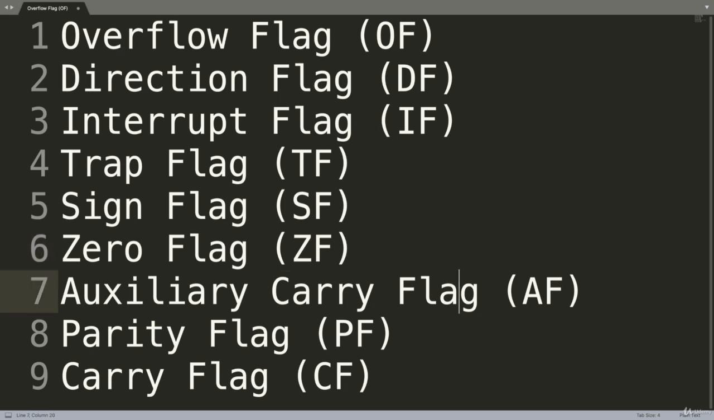Next, we have the auxiliary carry flag, and this essentially contains the carry from bit 3 to bit 4 after an arithmetic operation. Operation, and if we have an odd number of single bits,